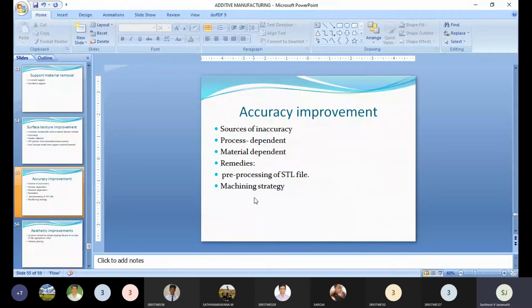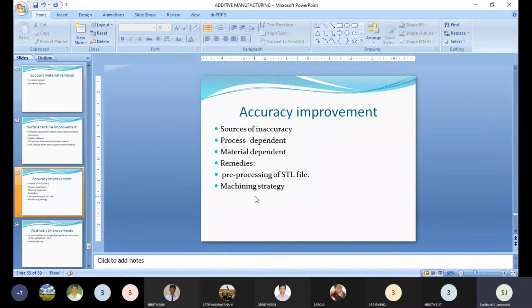This is one remedy. And the second remedy is machining strategy. What will be the machining strategy? How can we set the strategy in machining? Very simple. The machining strategy is very important for finishing additive manufacturing parts and tools, considering both accuracy and machine efficiency. The adaptive raster milling of the surface plus hole drilling and sharp edge contour machining can fulfill the needs of most of the parts.